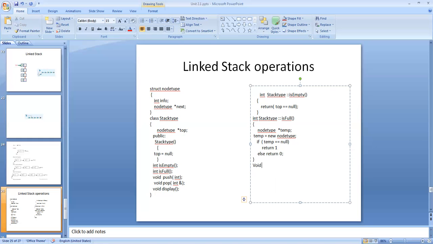It is belonging to the class stack type, and the name of the function is push. Here I declare the formal parameter, int, maybe I give the value x.